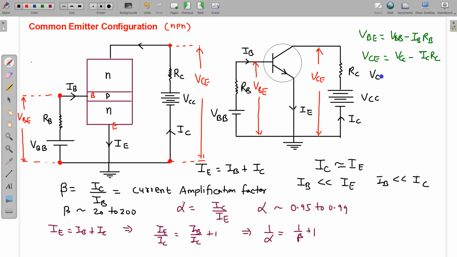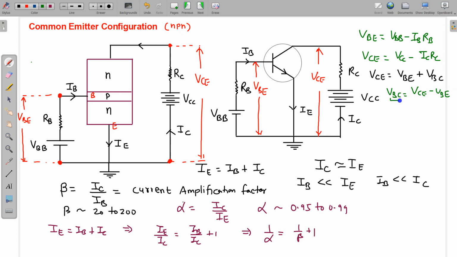So this VCE, you can also write it like this: VCE, collector and emitter, is VBE, base and emitter, plus VBC, base and collector. So this VBC is VCE minus VBE. So whatever VBE we are applying here between these two terminals is already in the minus,